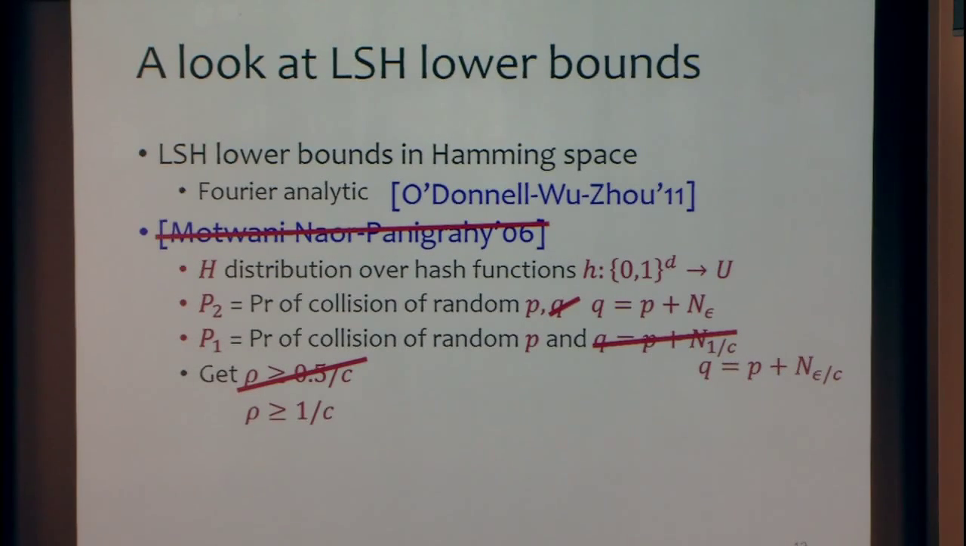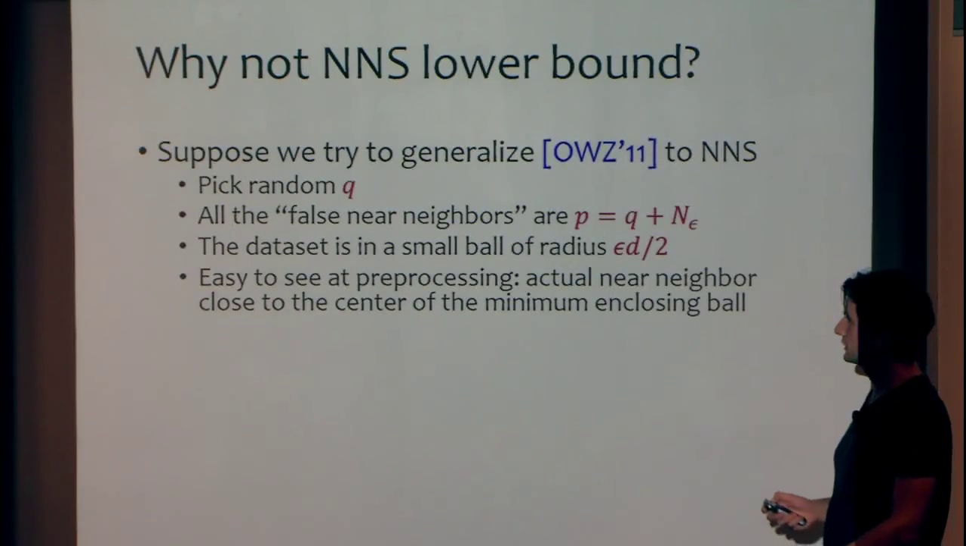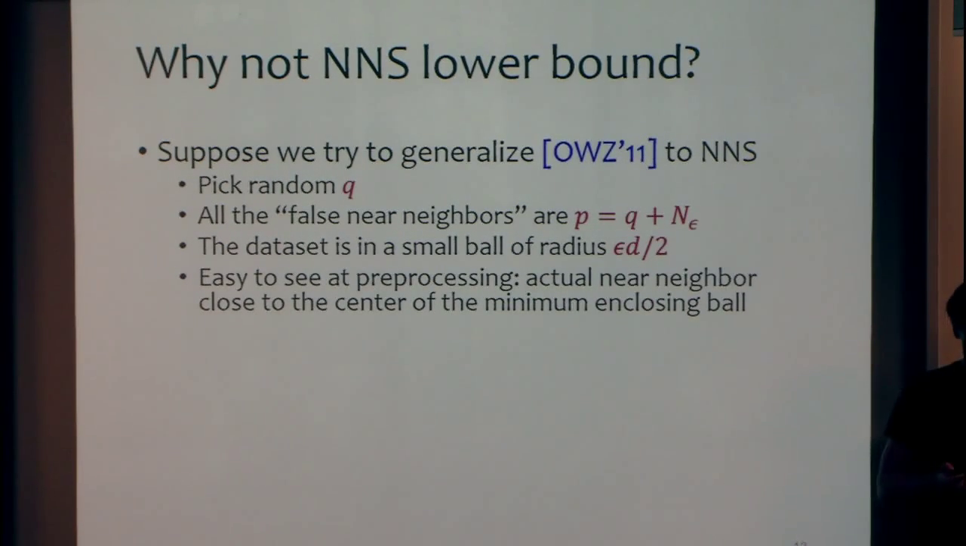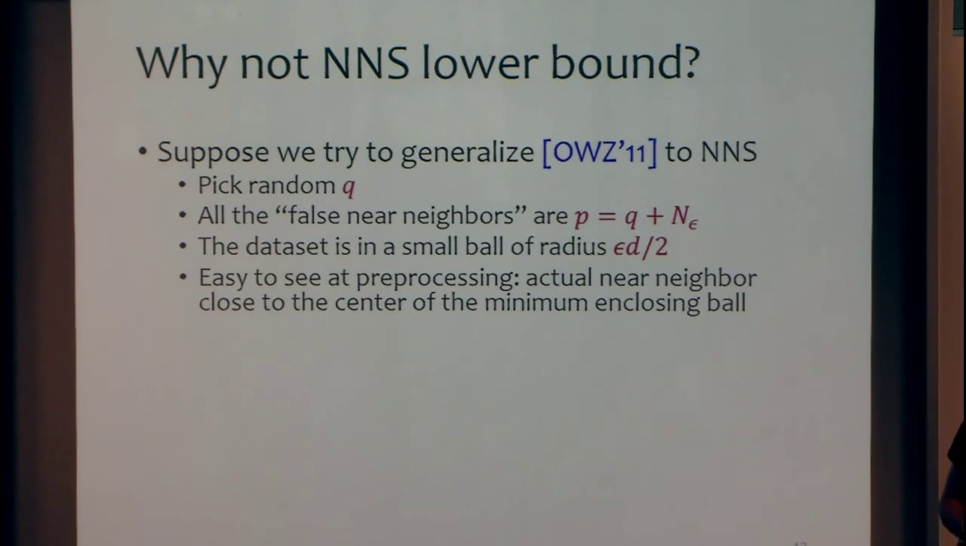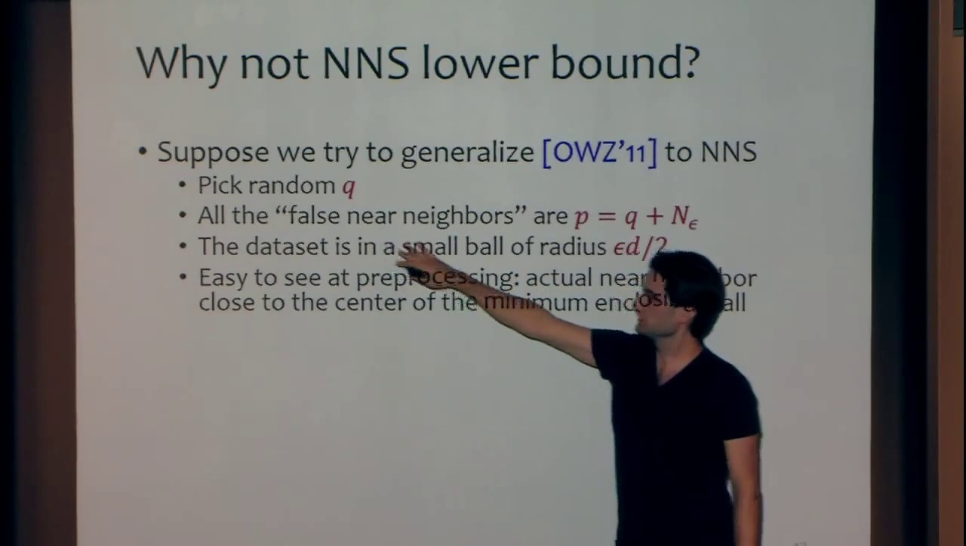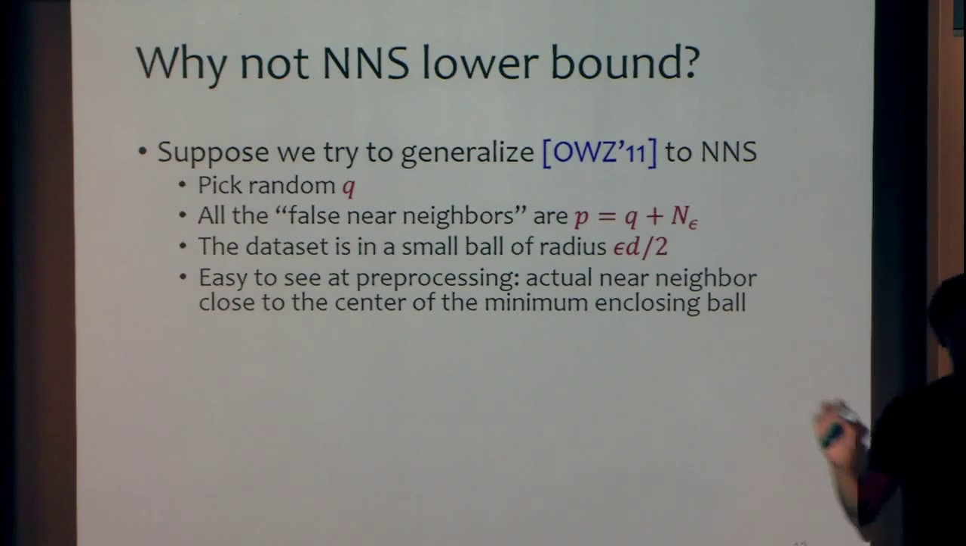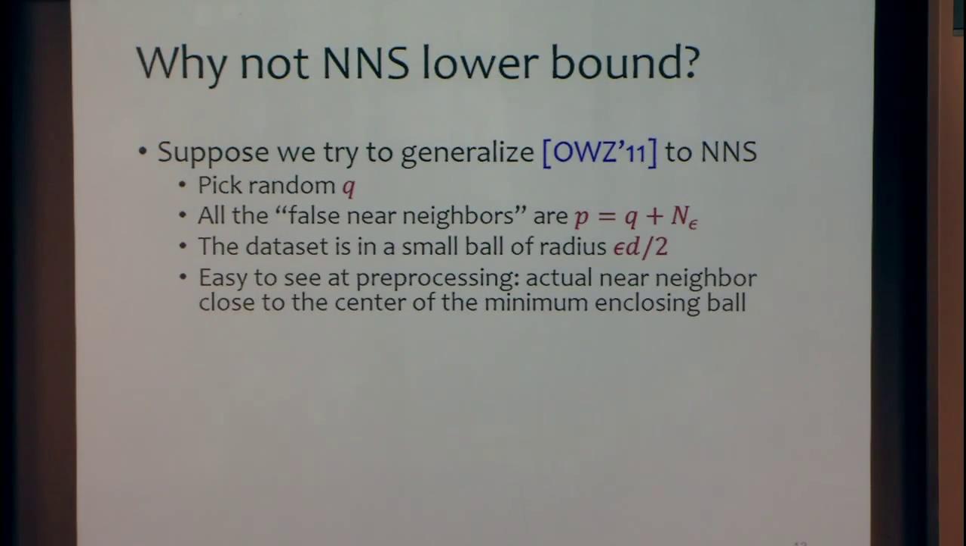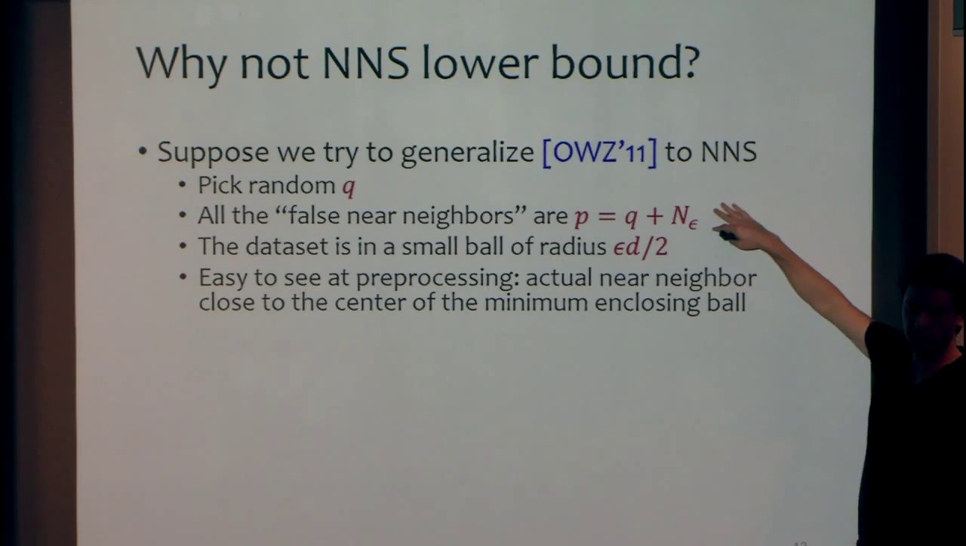Okay. So the question is, why is this not a nearest neighbor search lower bound? It is not a nearest neighbor search lower bound because this kind of distribution doesn't lead to a good distribution when we have endpoints. So when we have endpoints, what do we need to do? We need to pick a point called Q, and then we need to take a lot of false near neighbors, many points which are far away, but they all need to be correlated with Q,